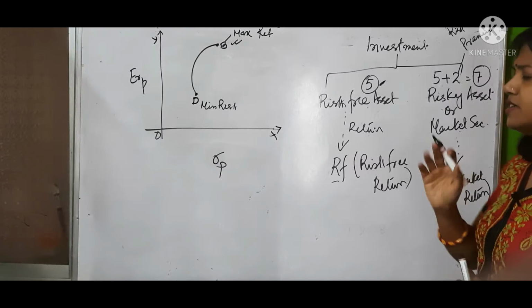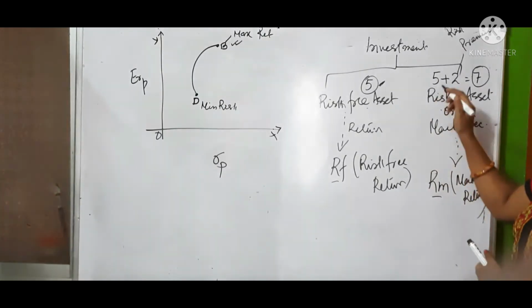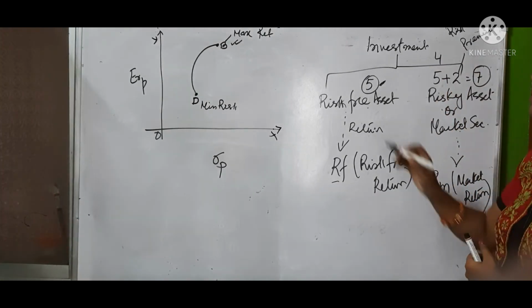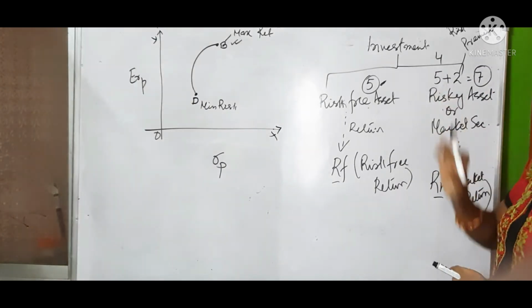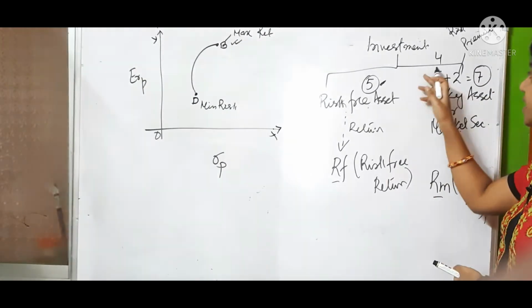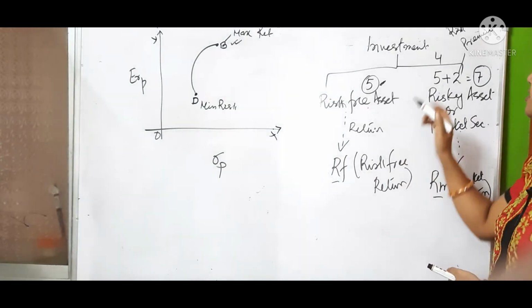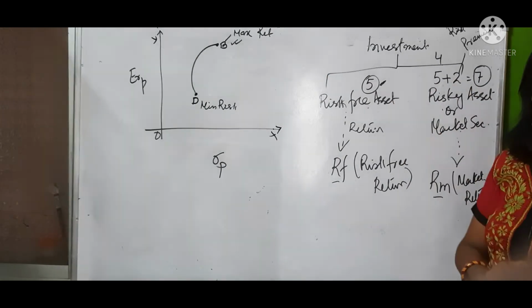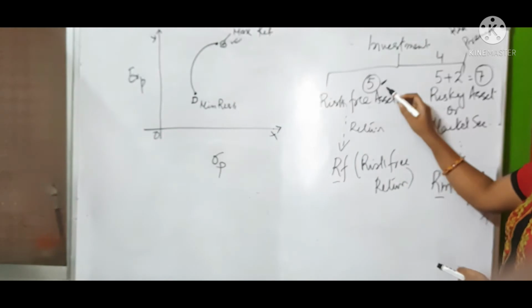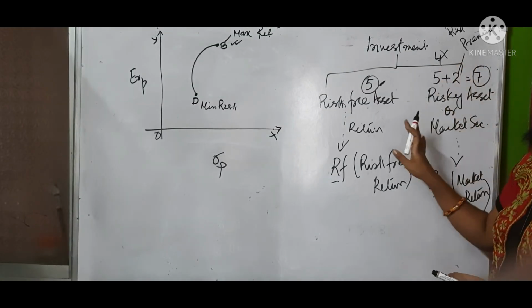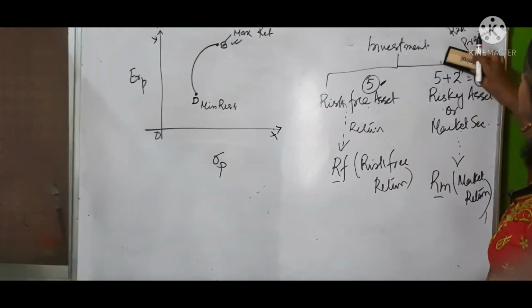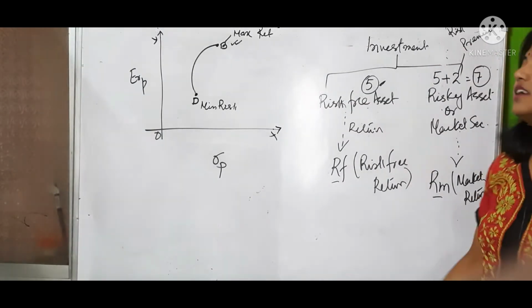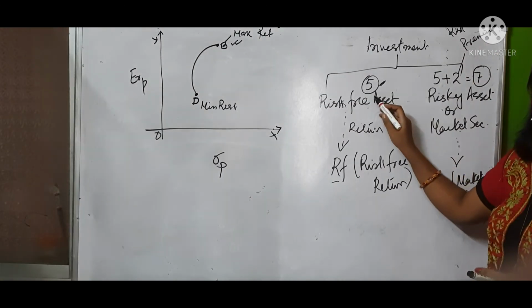Suppose in the market you are getting 4 rupees and in risk free you are getting 5 rupees, no rational investor will invest in market securities. Why? You are taking risk, and after taking risk you are getting less than what you can get in the risk free assets, so therefore you will never invest in the market. So that is why generally it does not happen like this. Generally the returns from the market are higher than that of the risk free return.